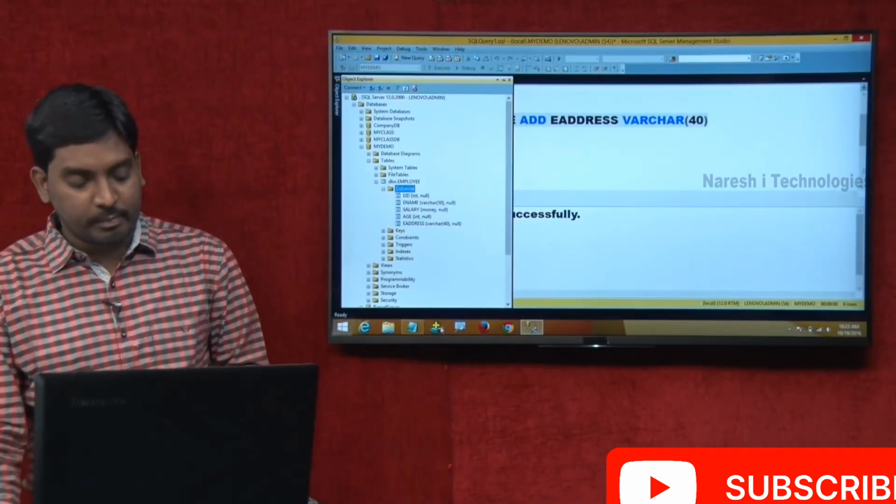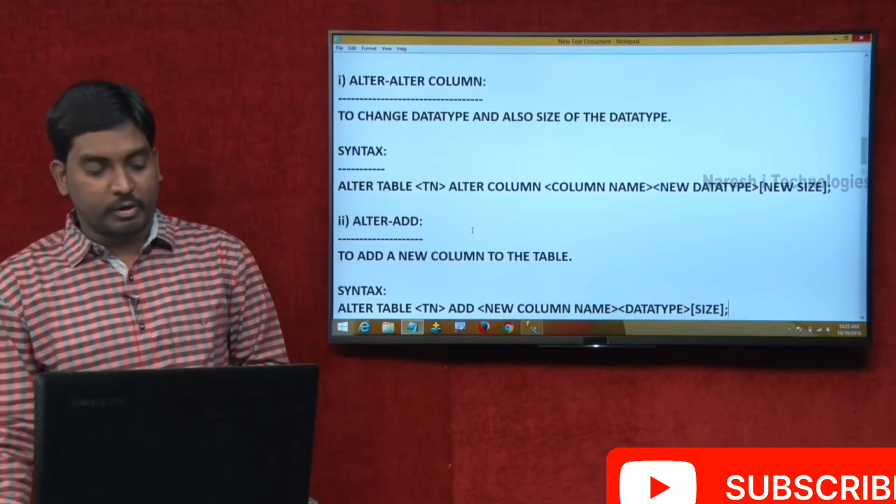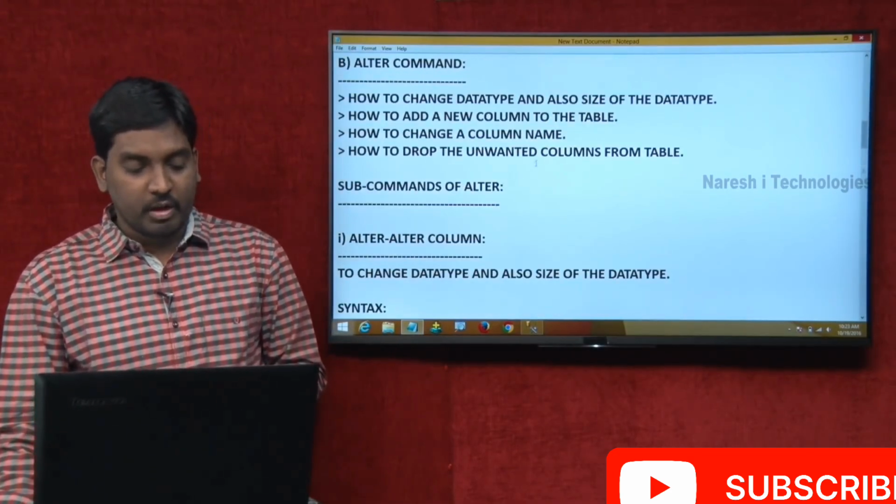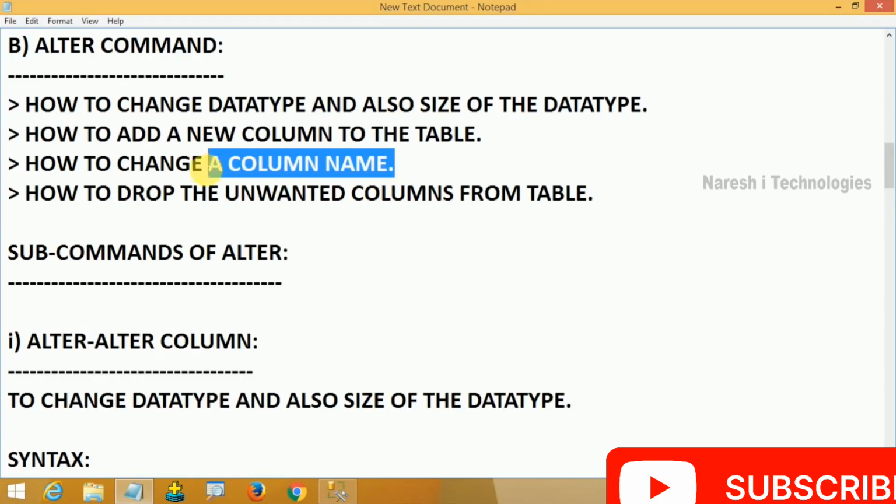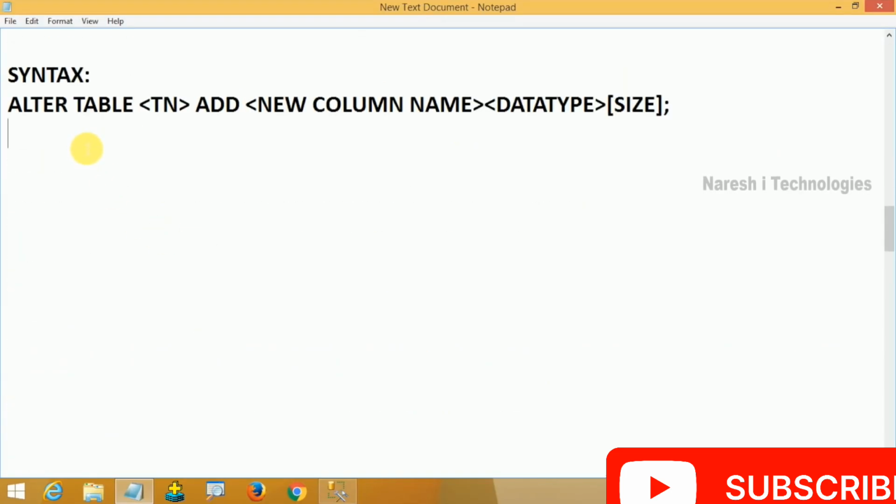In the same pattern, what is my third operation here? How to change a column name. For this purpose of changing a column name, we have another sub command of alter that we call sp underscore rename. Now I am going to take this sp underscore rename here, but remember this command is going to be used